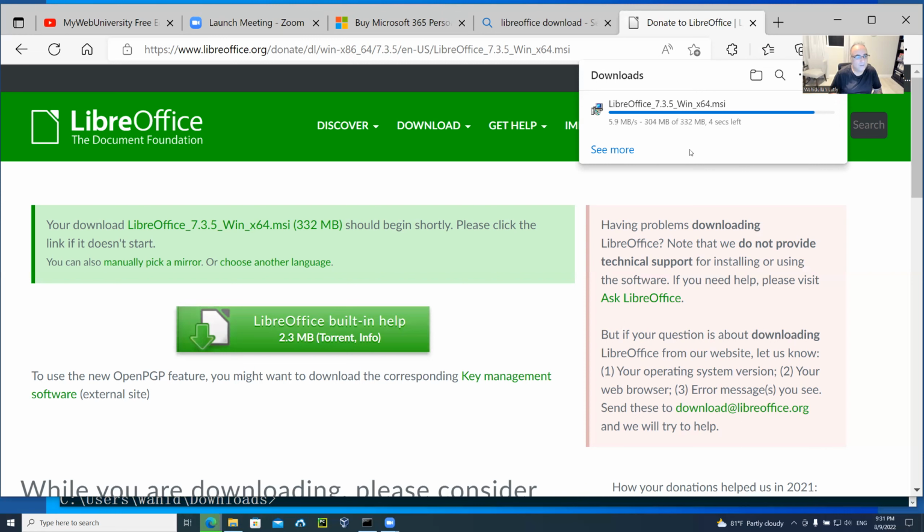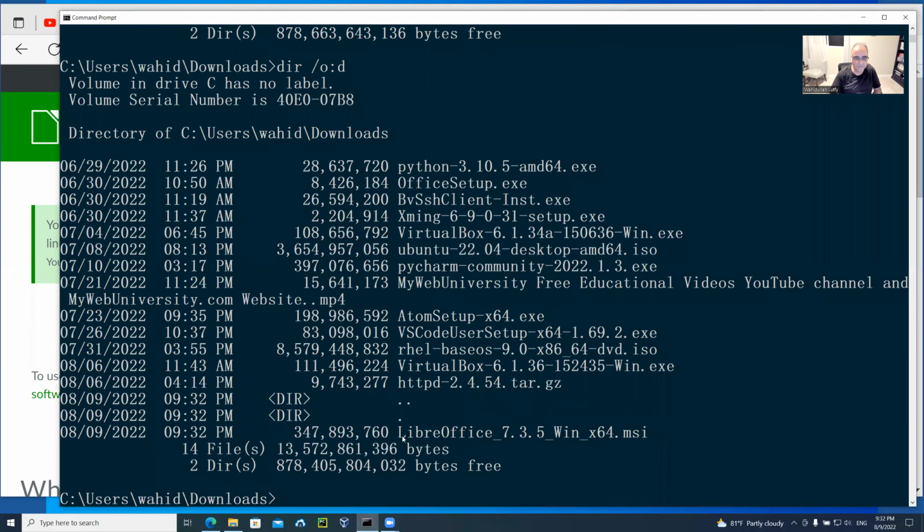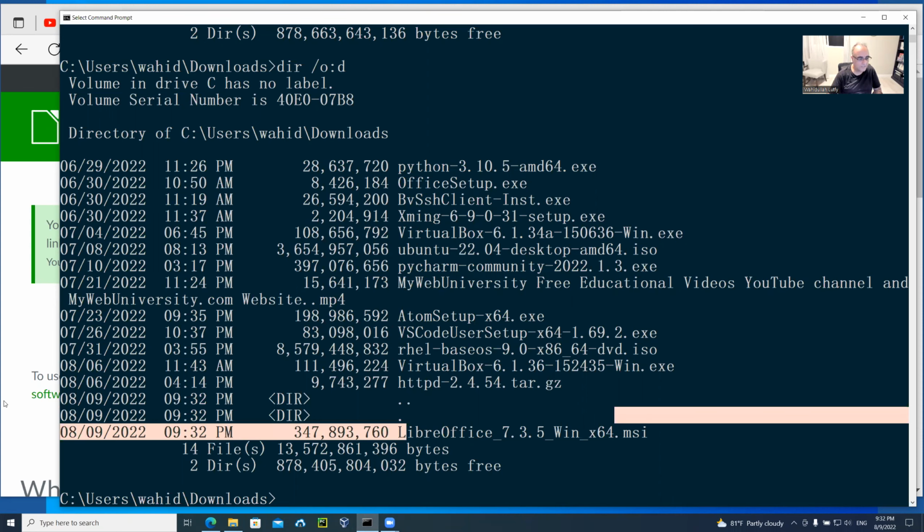That would be the product LibreOffice, version 7.3.5 for the Windows 64-bit operating system. And right now the download is completed here. As you can see, it says open file. If I look at the same command here again, notice that this file is ready for me to do it. I can do a start from here and then give this name,